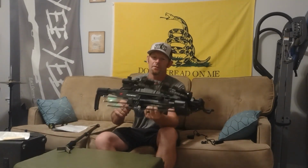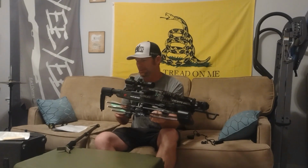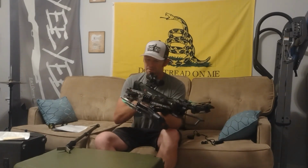I just want to show you guys how it looked with the quiver mounted on there. Like I said, I think I'm going to leave the quiver like this at first just to give it a try. Not saying I might not try this other style too, see what it's like. I know I said moving the foregrip back might be a little bit of an issue, but depending on the situation, I'm hoping I don't have to use this foregrip like that enough, because